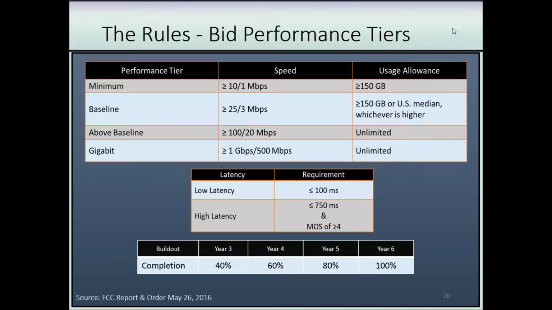Then there's the completion milestones that must be met, which is after the end of the third year, 40% of the network must be built. And as you see here, it must be fully completed by the end of the 6th year. And on the letter of credit, to the extent that you satisfy that in this timeline or an accelerated timeline, you will have a reduction of the letter of credit facility that's necessary to protect the FCC's position on the funding they provided to you. Next slide, please.